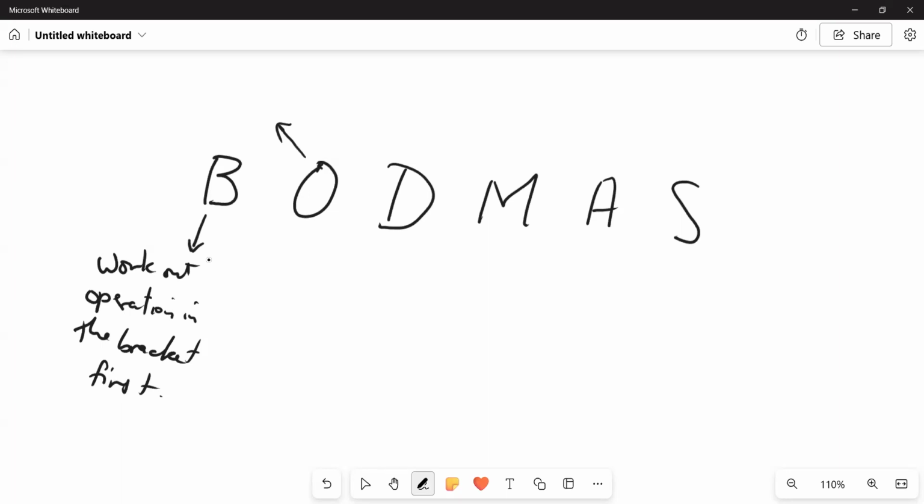Of? Multiply. But I think this M is multiplying. The O can be multiplied and the M will be multiplied. Can't get it two ways, right? I think the O refers to powers of, right? So work out powers of numbers, right? So after you have done brackets, you can now work out powers of numbers. Then division, then multiplication,